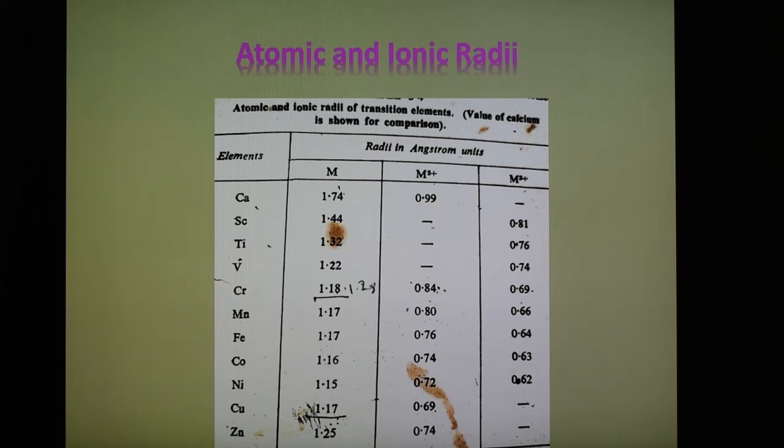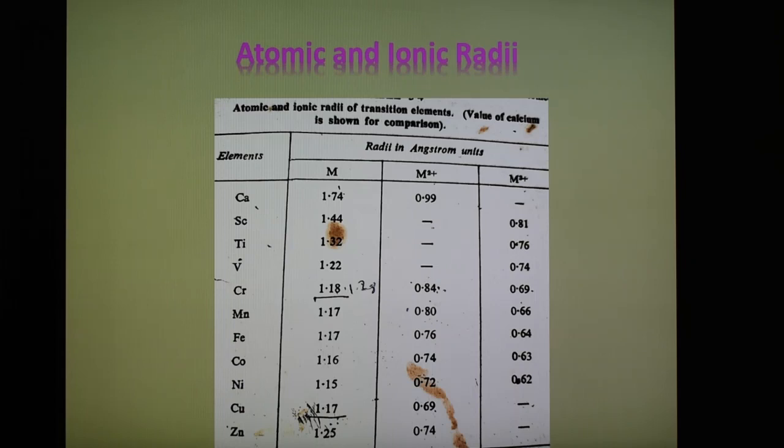Here the atomic radii of the elements of the series are seen to decrease with the increase in atomic number. This is due to the added nuclear charge, which pulls the electron cloud inward. The decrease, however, is very slight. In fact, it is much less than in any period of the representative elements. The radii of elements from chromium to copper are seen to remain almost constant.